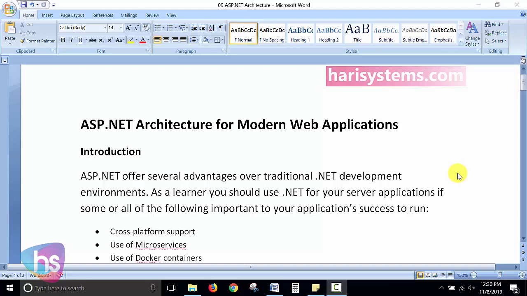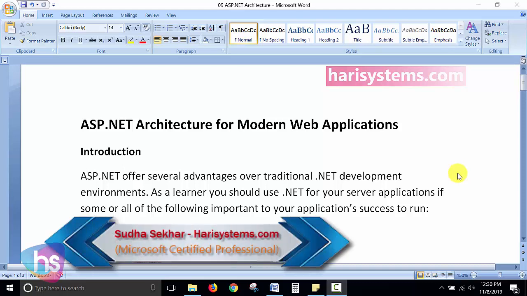ASP.NET Architecture for Modern Web Applications. ASP.NET offers several advantages over traditional .NET development environments. In the earlier days, many things had to be done manually. Nowadays,